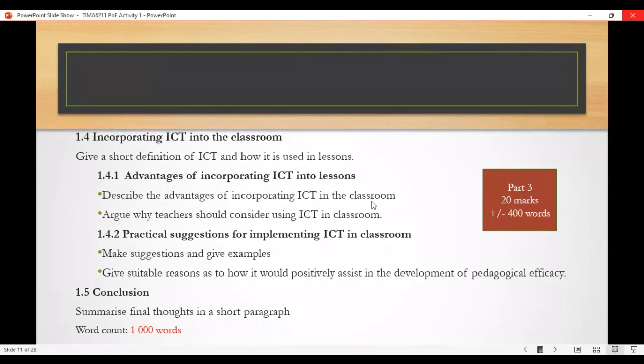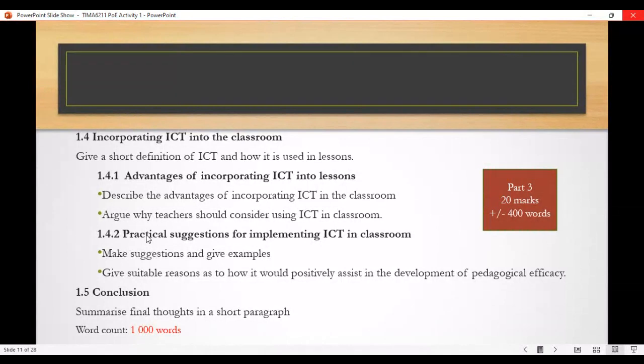So start by giving a short definition of ICT and how it is used in lessons, and then go on to describing the advantages of incorporating ICT in the classroom and argue why teachers should consider using ICT in the classroom.